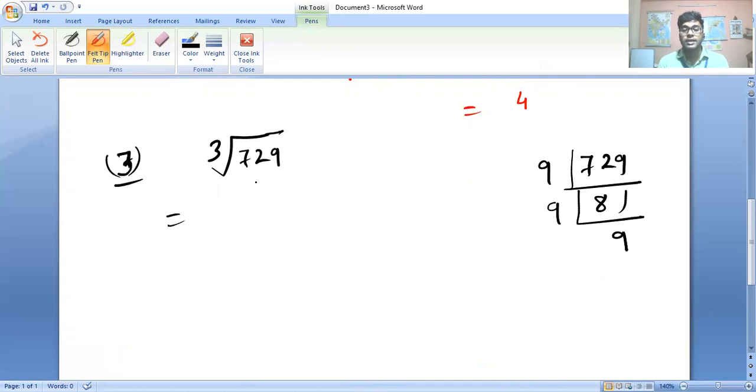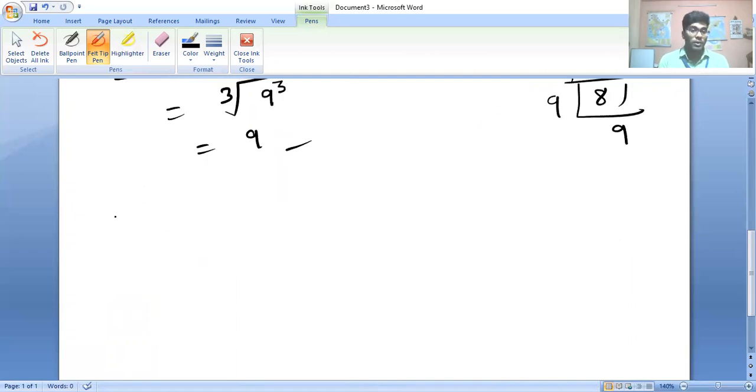Since it's a cube root, we are making use of these highest terms. If it is simple factorization, I would have done it by 3. So as you can see, 729 is represented as 9 into 9 into 9, so 9 cube, right? So cube root of 729 would be cube root of 9 cube. I already explained, cube root of 9 cube comes, therefore 9 will be the answer. Clear?